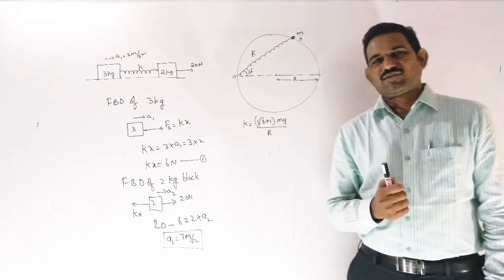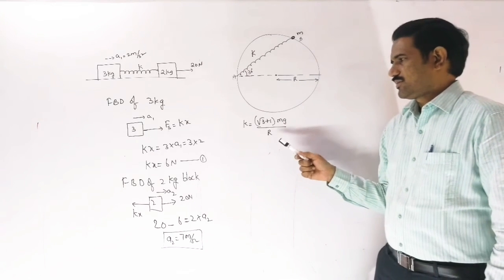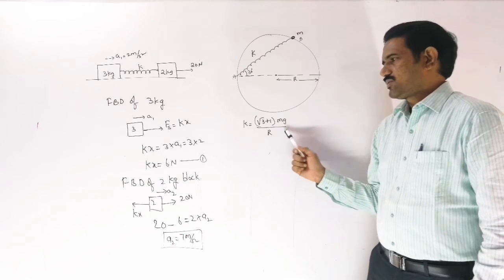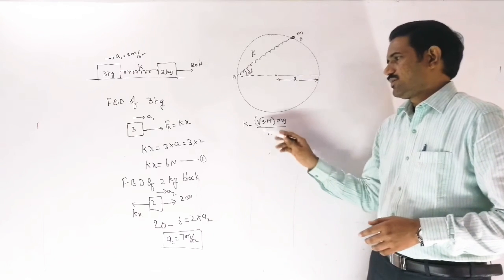The spring constant of the spring is (root 3 plus 1) mg by r,